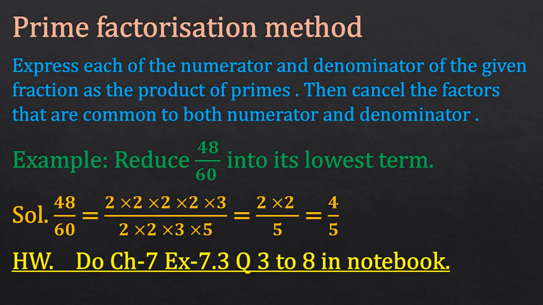So these are the two methods in which we can find the fraction in the simplest form. One is the HCF method and the second is prime factorization. So today in our lecture we have learned two things. First is how to find the equivalent fraction, and the second is how to reduce a given fraction to the simplest form. There are two methods. One is the HCF method and the other is the prime factorization method.